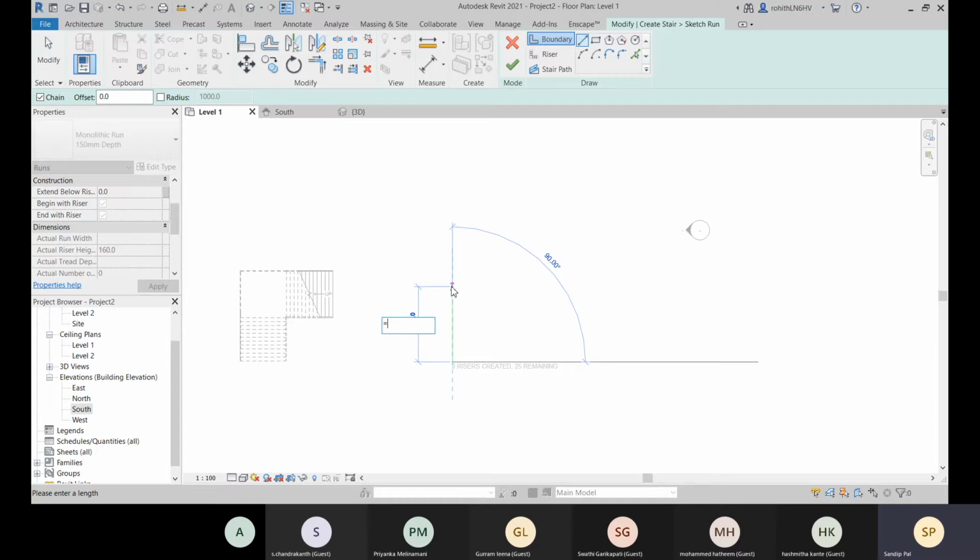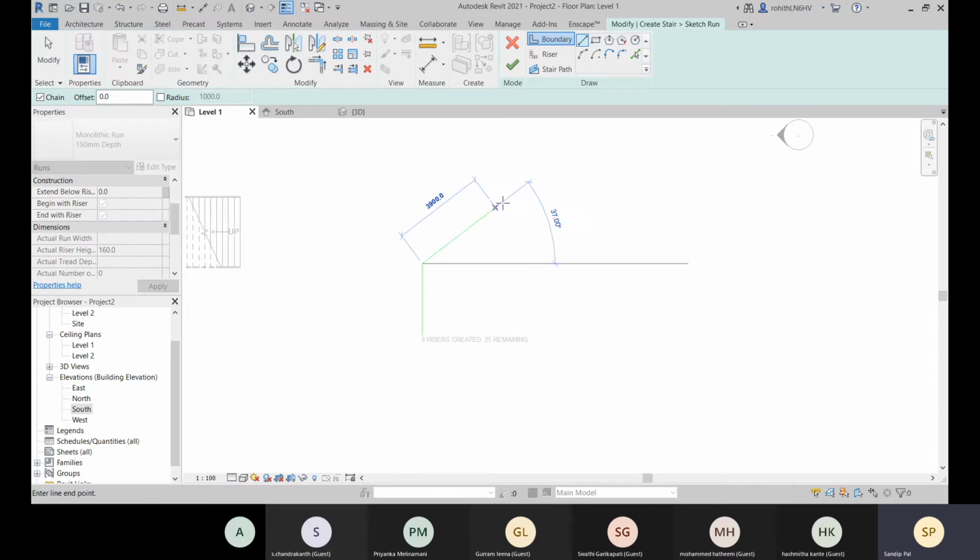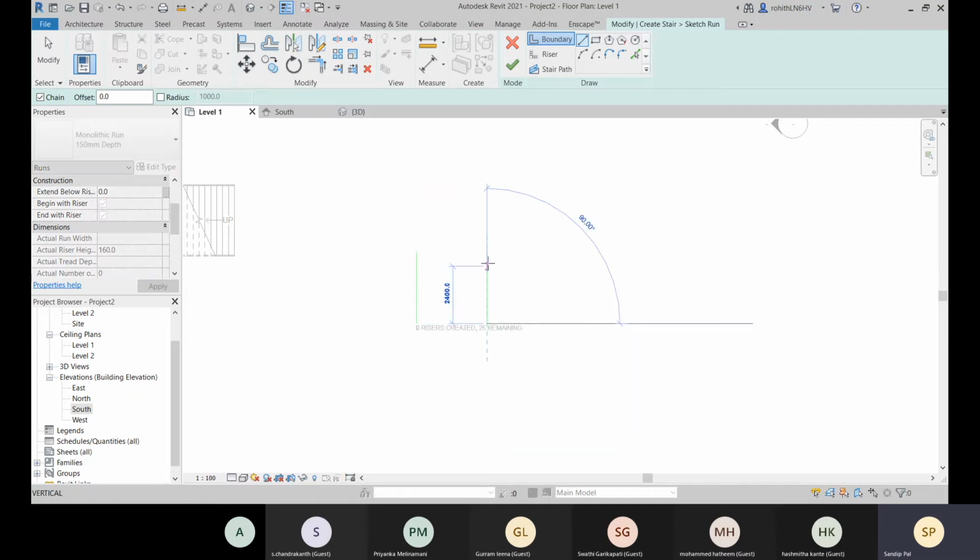So you give equal, and you can type 12 into math. And we'll create another one with this 3000 gap. 3000. So this is the boundary, right?